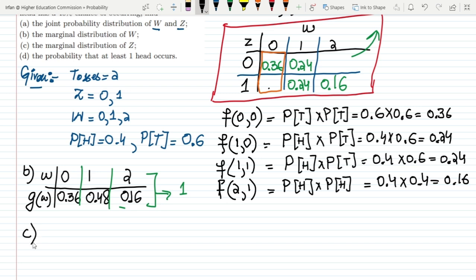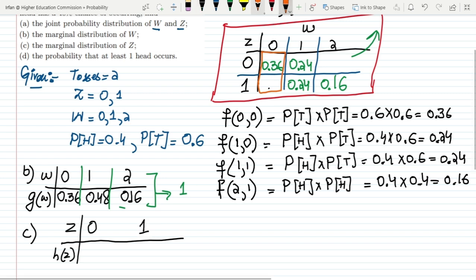Now for part C, we have to find the marginal distribution of Z, which is the row wise items. So here we have Z, and let me represent the values of it as h of z, which is the marginal distribution for z, and the two values of z are 0 and 1. Now looking at it, for this 0 we have to add these values together. So this is 0.36 plus 0.24 plus 0, so we will get here